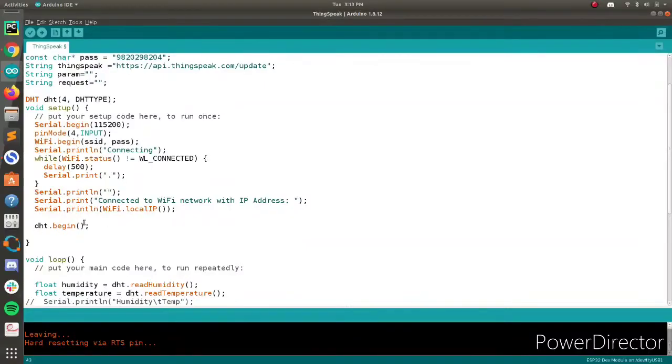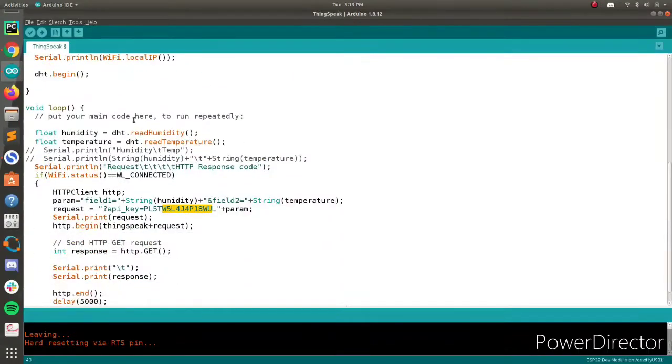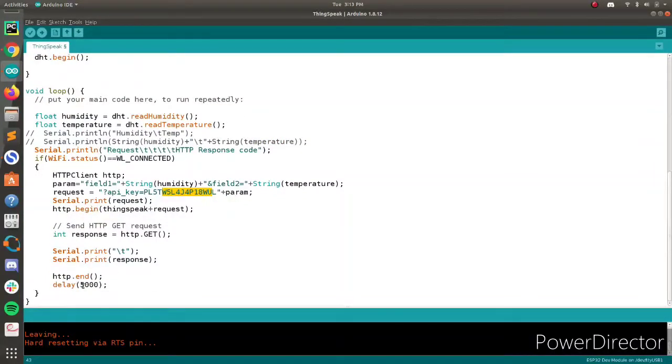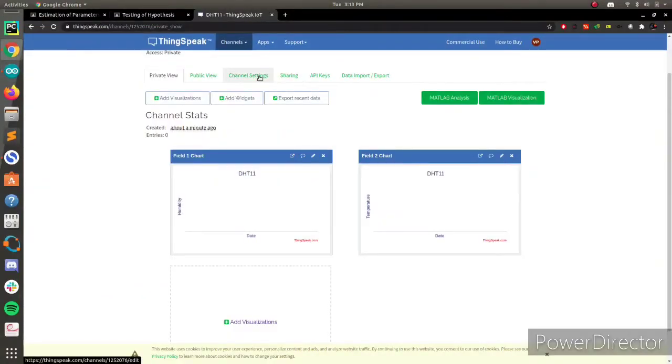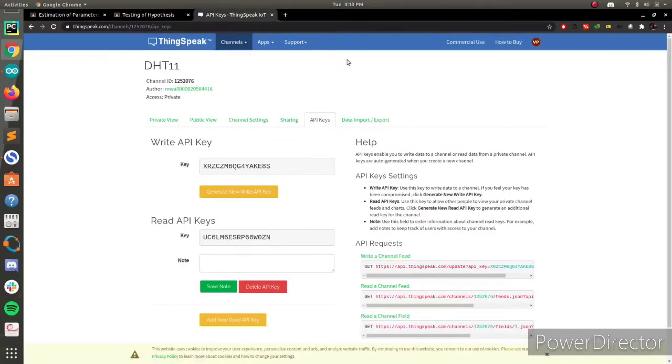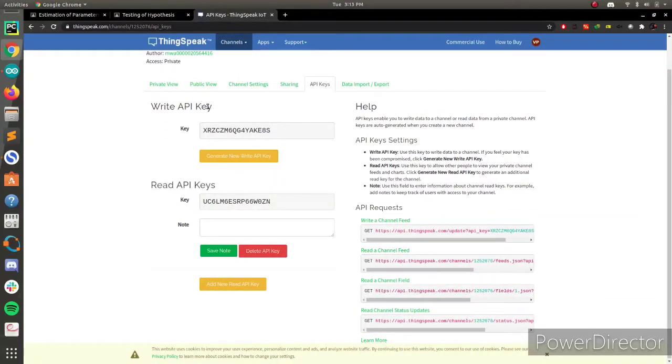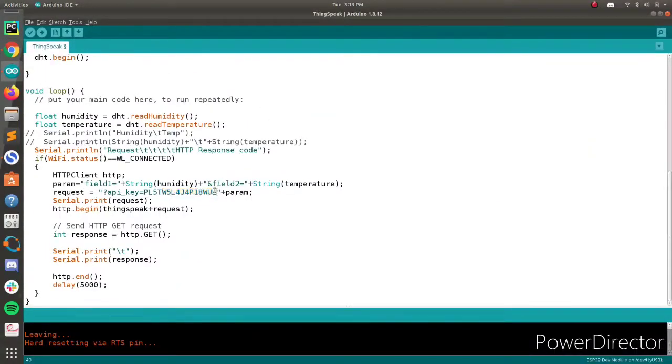and also set up the Wi-Fi. After that we just tell the DHT to begin. In the main loop we read the humidity and temperature from the DHT11 at an interval of 5000 milliseconds, which is 5 seconds, and we send it to ThingSpeak using the API, and the API key is here, which we'll get from our channel's API keys. Yeah, it's the right API key. Let's copy it and paste it over here